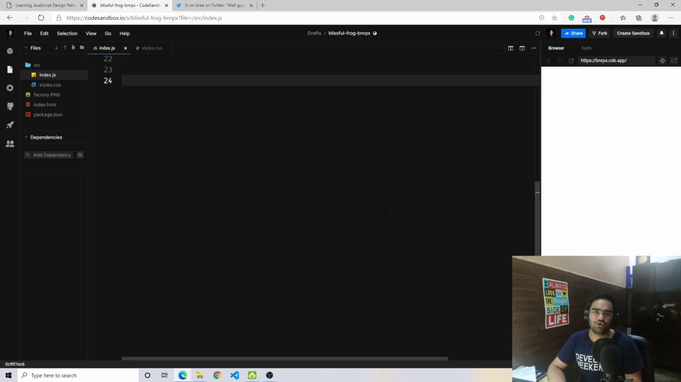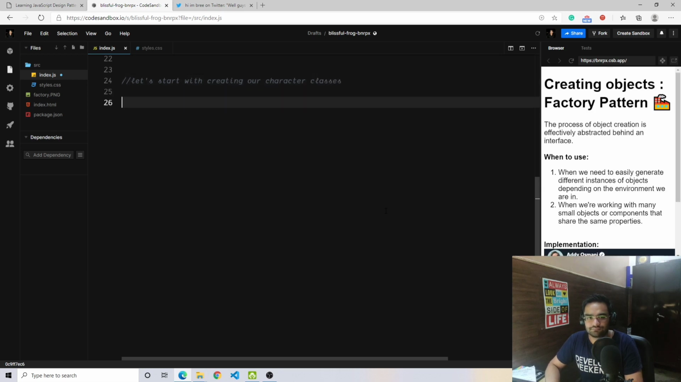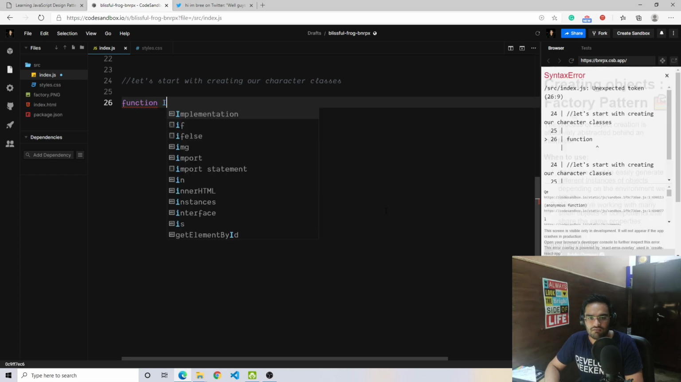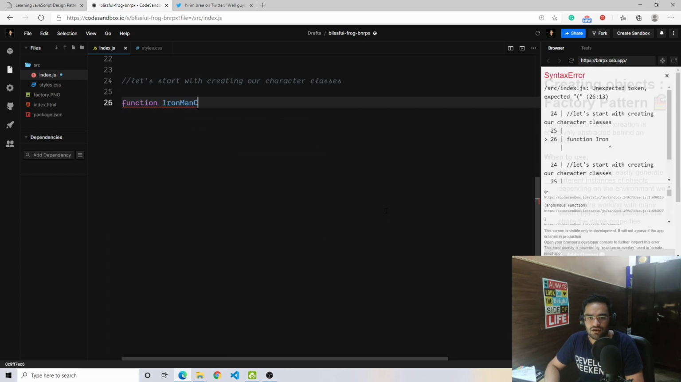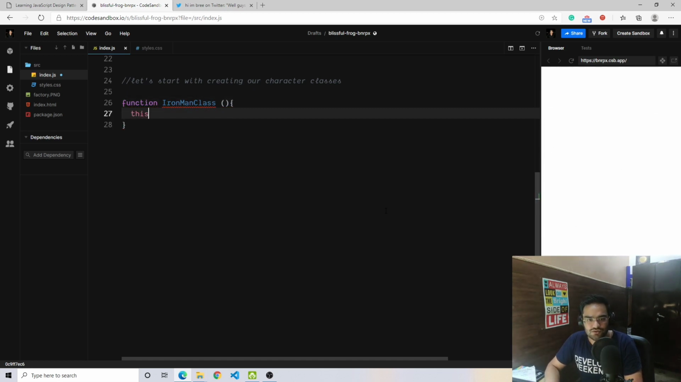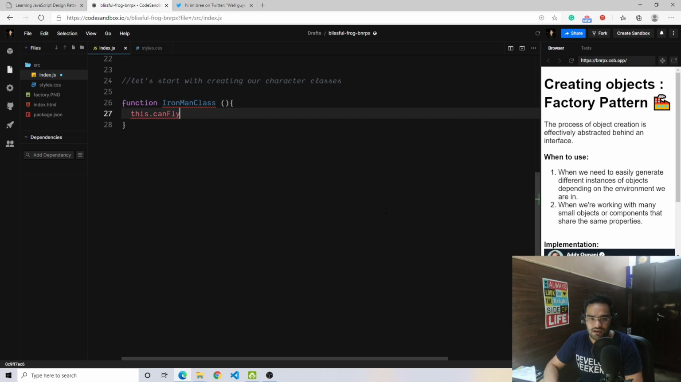So the example that I'm going to share is going to be in JavaScript. Even if you're not friendly with JavaScript, I'd say that it's going to be easy for you to grasp the concept if you stay along. So for once, let's start with creating our character classes. So I'll have a class called Ant-Man class, and so Ant-Man can fly,